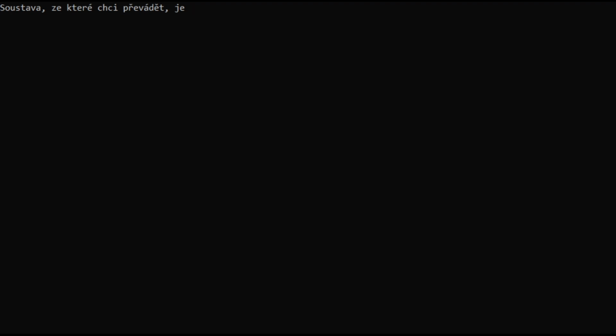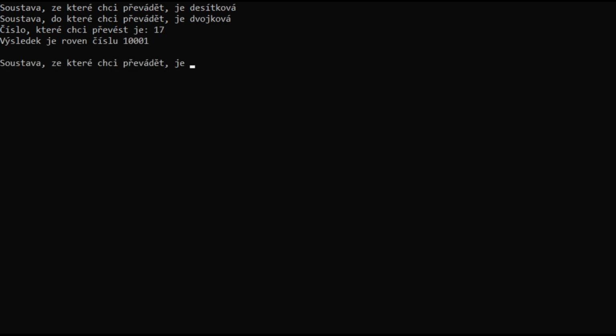This program is going to convert numbers from decimal to binary and back. Let's start the program and select a numeral system. We will select decimal. Now we will select the target numeral system. We will be converting to binary. Now that we are done with setting the options, we can enter a number. For example, let's choose the number 17.